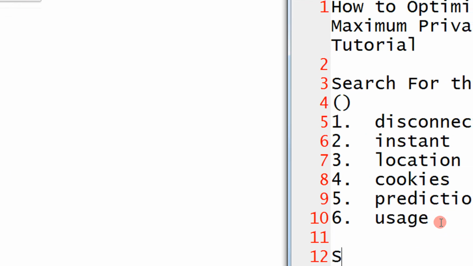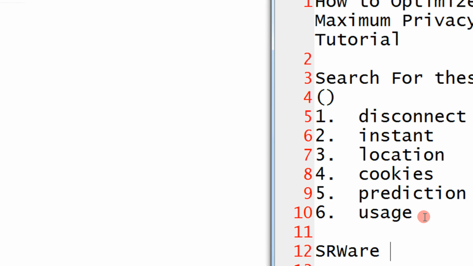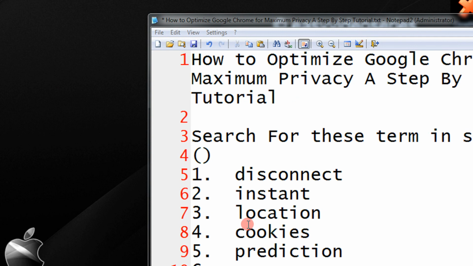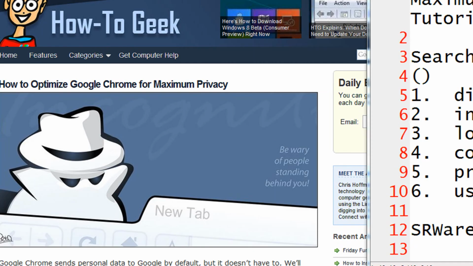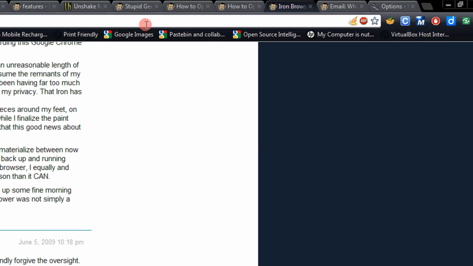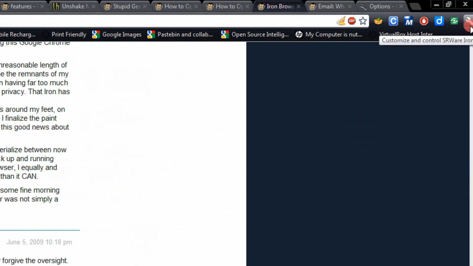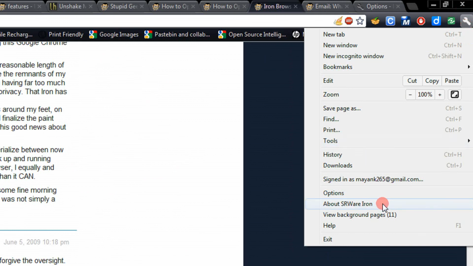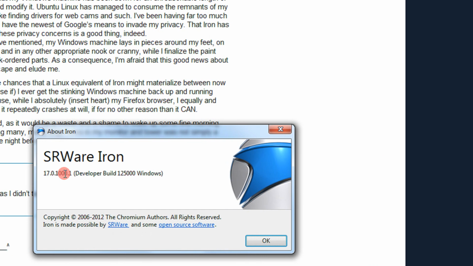I would also recommend you to install a browser called SRWare Iron. It's based on Google Chrome, exactly like it. I will actually show you. Basically all the things which we have done here are inbuilt in this browser. So here it is. If you look at this, all the menus, everything is like Chrome, exactly like Chrome. Even I will show you the wrench menu, see, like this, but it is SRWare Iron.